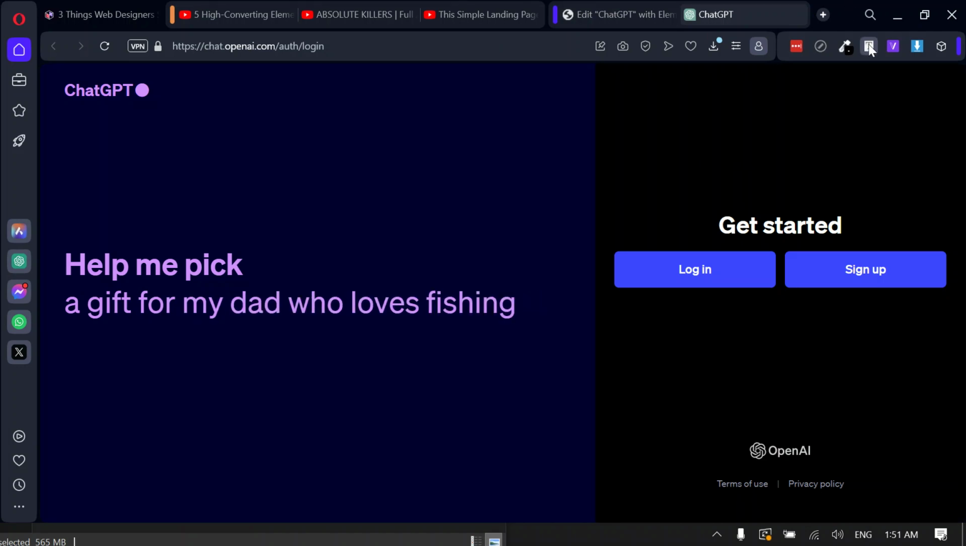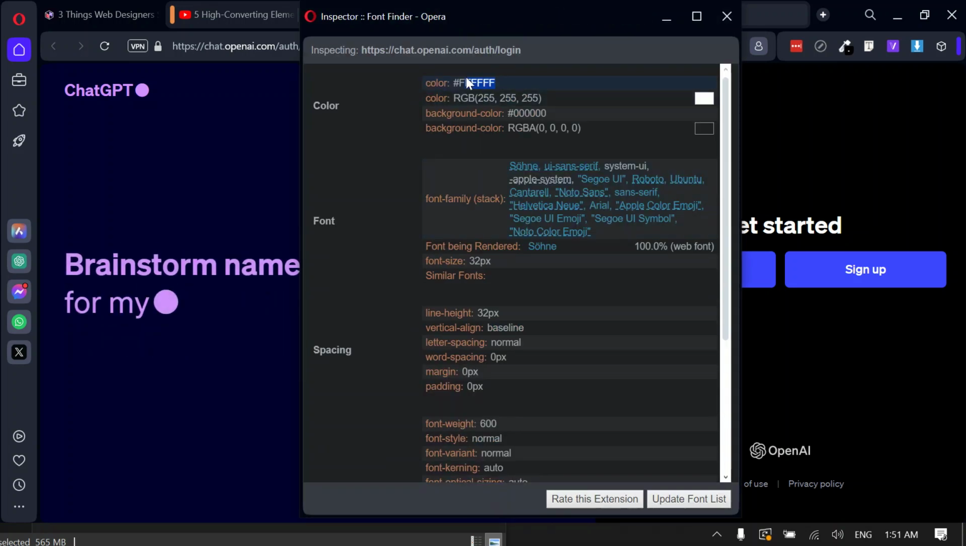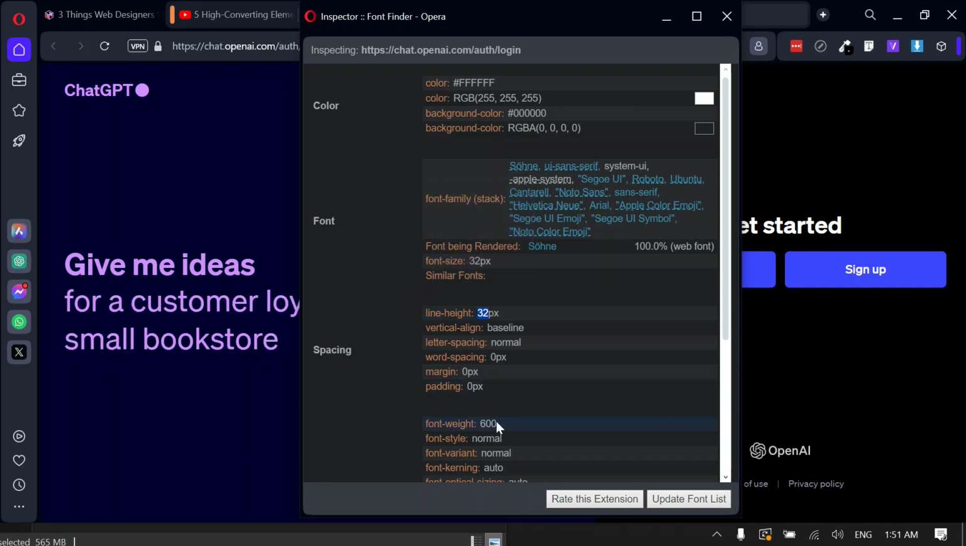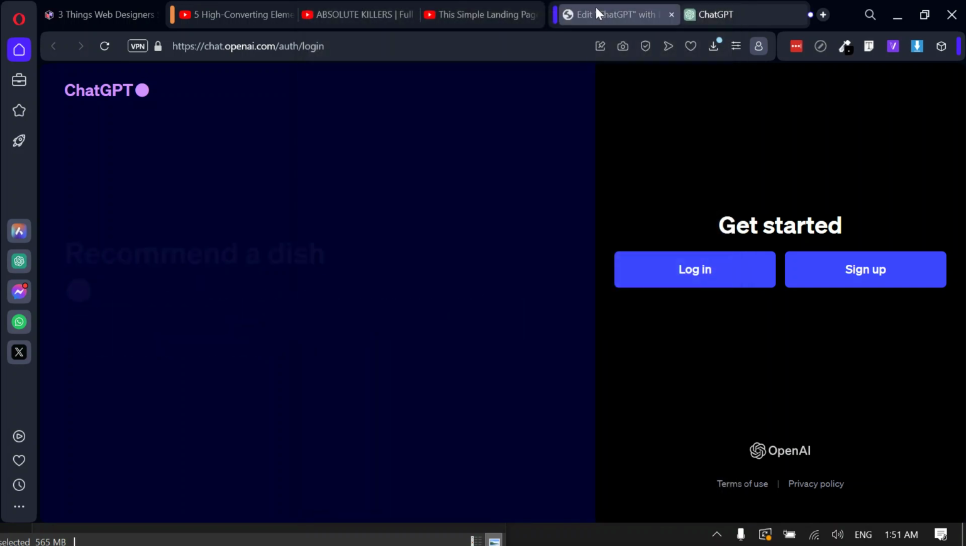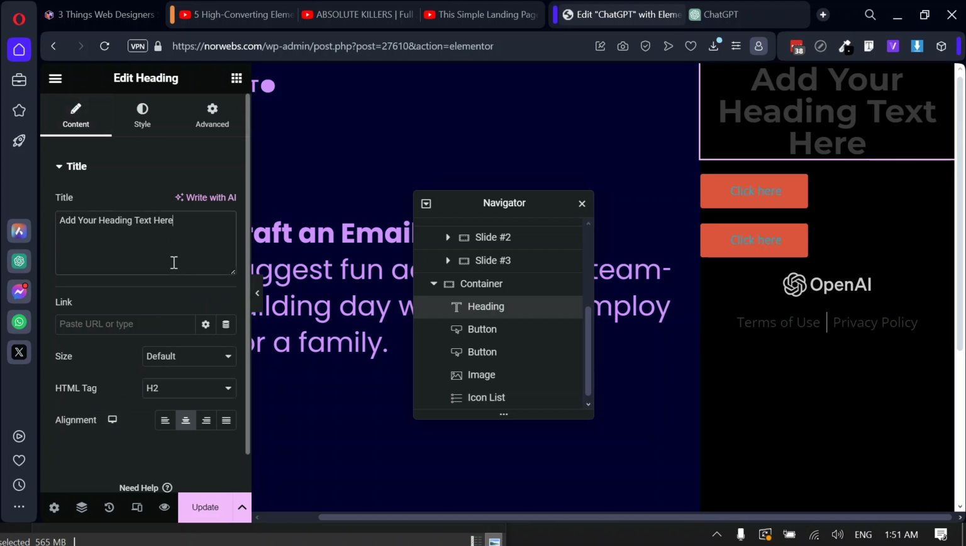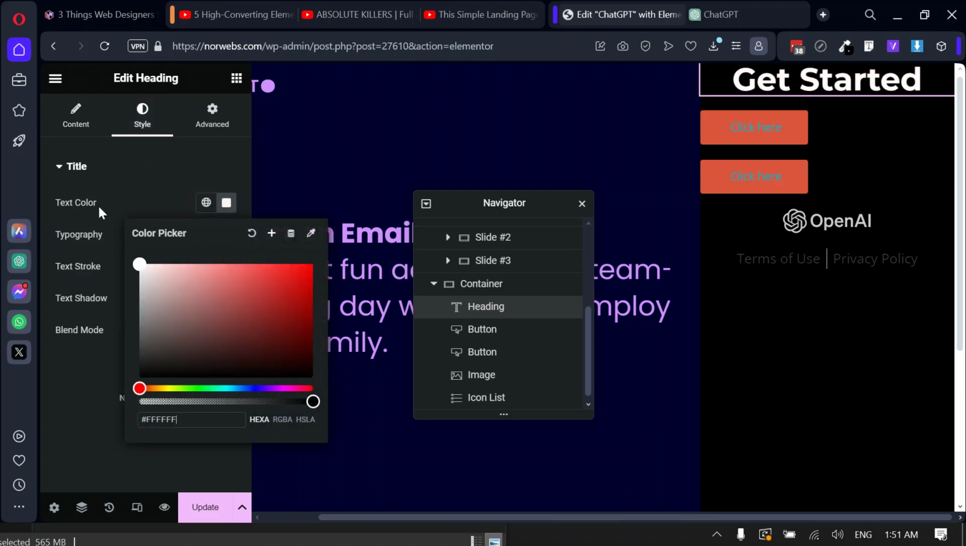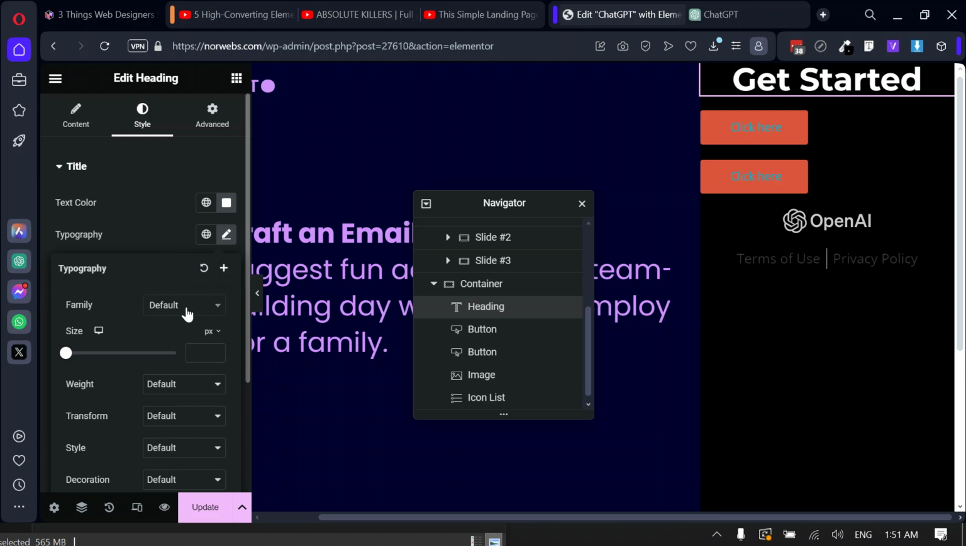Now we start styling. Here, this is white, 32 pixel, and also 32 pixel here for the line height. And then the font weight is 600. All right. Get started. Then I'm going to use a white color. Okay, so we're using,